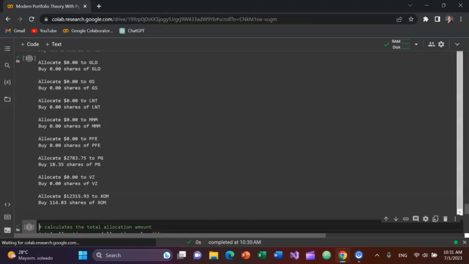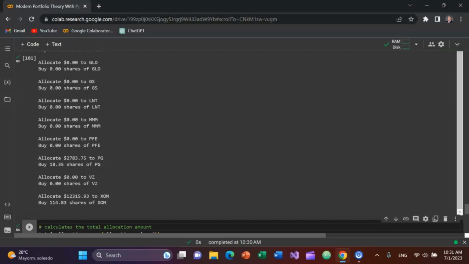So you sort of go down, and you can see it's telling us to allocate $12,315 and change to ExxonMobil based on ExxonMobil's latest adjusted closing price as of market close yesterday. Today's a Saturday. Based on that, you've got to buy almost 115 shares of ExxonMobil to do that,